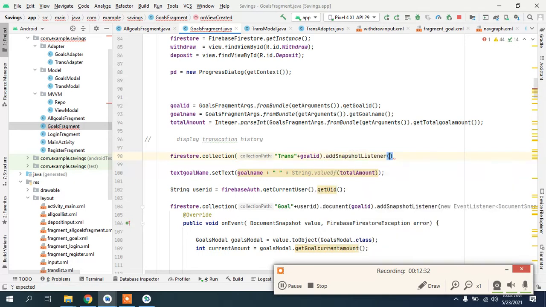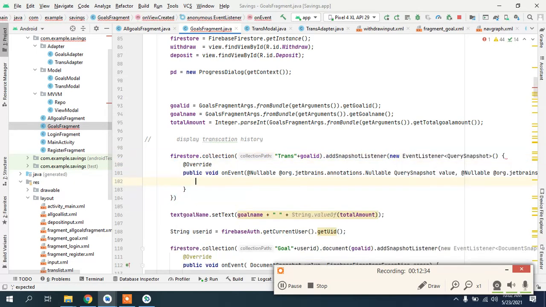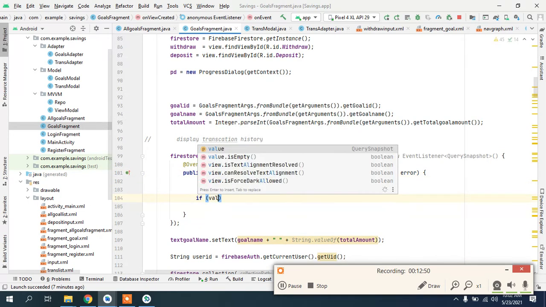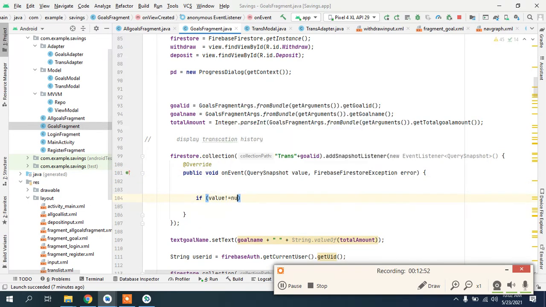And add snapshot listener because we want to see the transaction right away, so we don't have to refresh our activity. So remember that once you're adding something to Firestore and you want to see it right away, then you have to use add snapshot listener. Okay, if value is not null,